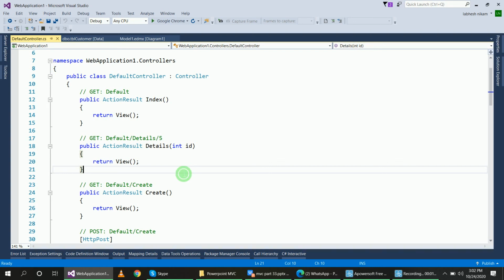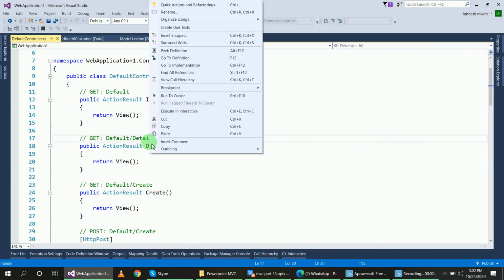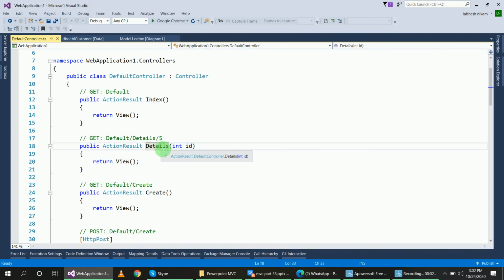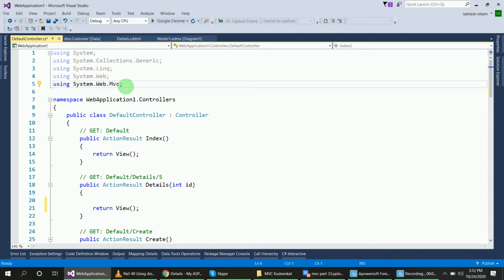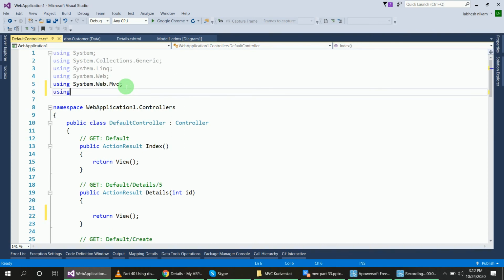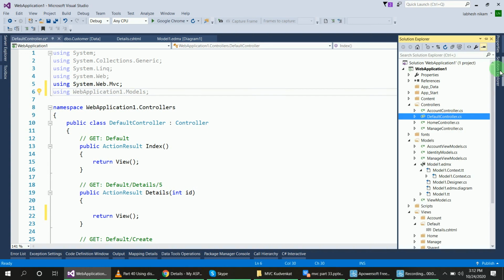For that details method I will create one view page, using WebApplication1.Models and this entities context class.